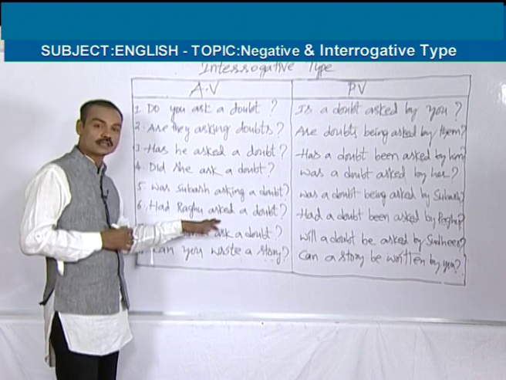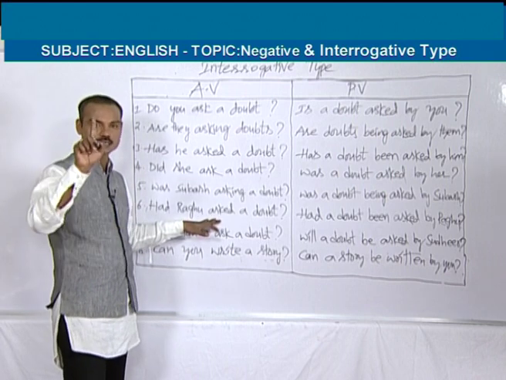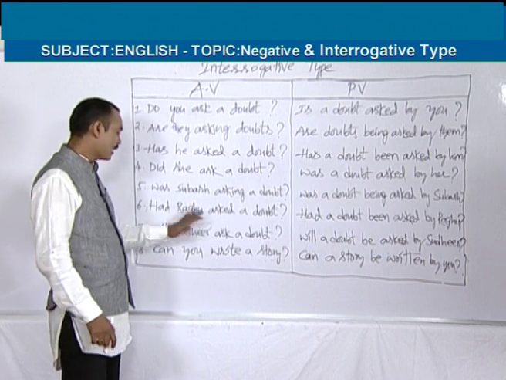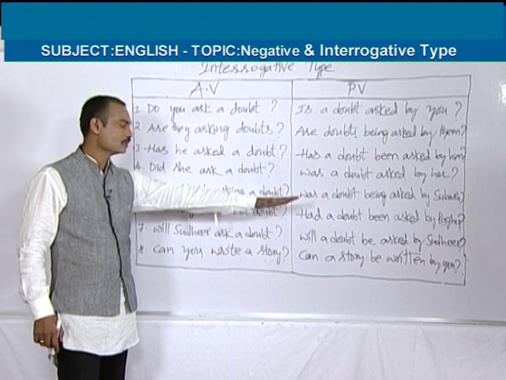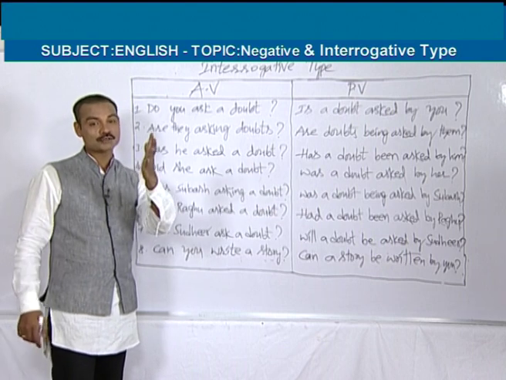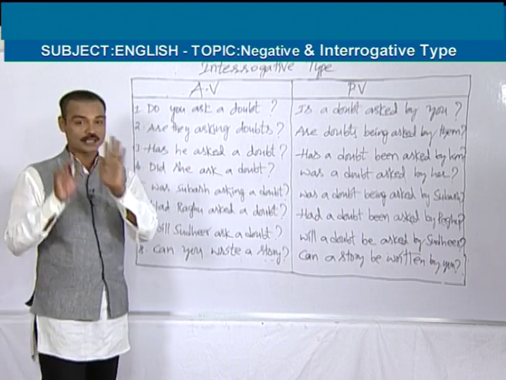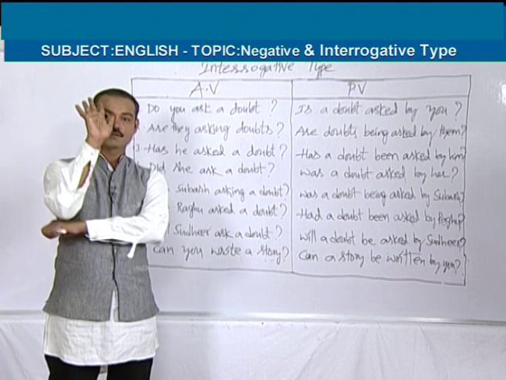In the past perfect tense, there is only one helping verb, that is had. So, had Raghu asked a doubt? Now we are going to change this into passive voice. Here I am going to tell you another beautiful technique. Please remember, don't forget it. Friends,